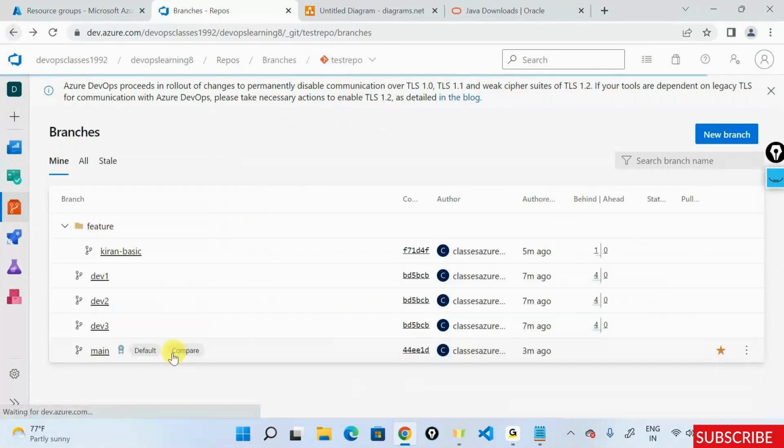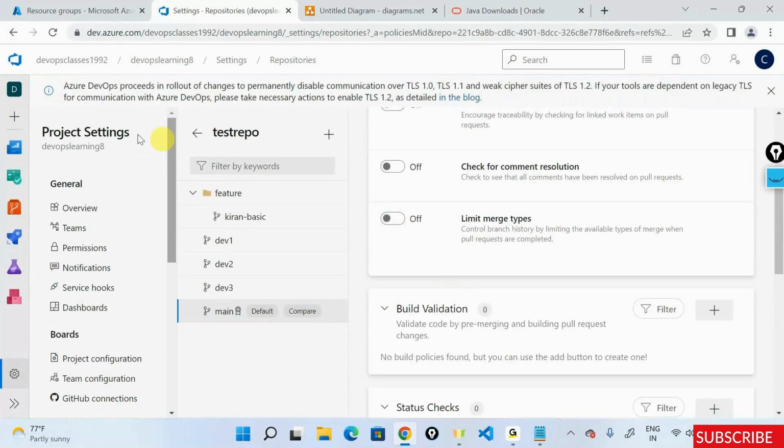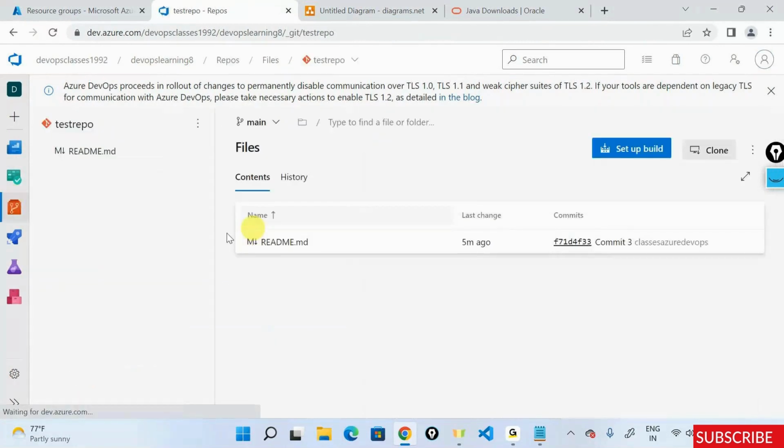So I unintentionally went ahead and put a branch policy. Just remove this out. Refresh the screen. Main branch doesn't have a policy right now. So let's go into the main branch. Let's say edit.